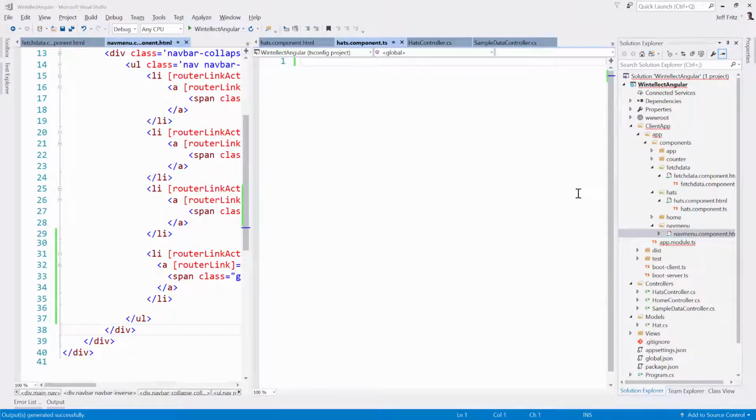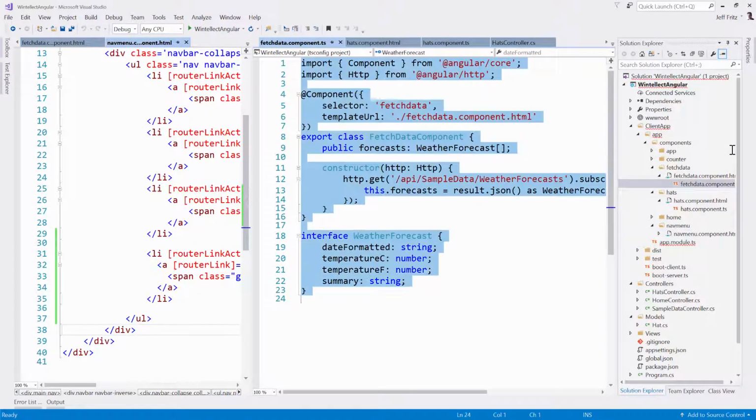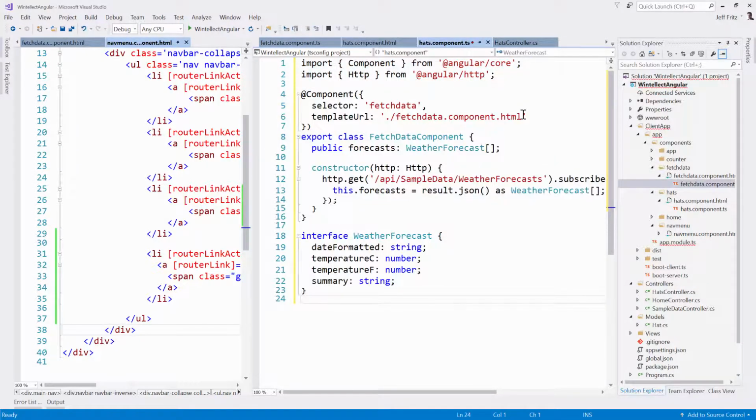Let's build out our module for our hats component. And I'll actually start with the content of my fetch data here because this is really close to what we want to do. And I'll paste that in. And let's change where I'm going and fetching the data so that I'm going to API hats. And because it's a web API, we're doing a get method here off of our HTTP object. So it's doing an HTTP get action, and that'll trigger that get method in our web API and return a collection of hats. Next, let's make sure we change this from a weather forecast to a collection of hat objects,